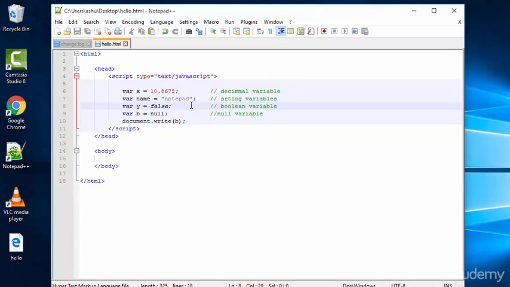So those are the types of variables which we have discussed. Initially we have the basic variable which stores the integer value. It could also be modified to store a decimal value, and it could also store a negative value. The next type of variable which we have learned is the string, and I think I misspelled the string variable, sorry for that. So this should be string, which is used in order to store a string, and you could also modify this to a longer string and it will save whatever string you wish to save. The next type of variable is the boolean variable, which either stores true or false. And the final variable is the null variable, in which you could store null values. So these are the values which you could store in a variable.